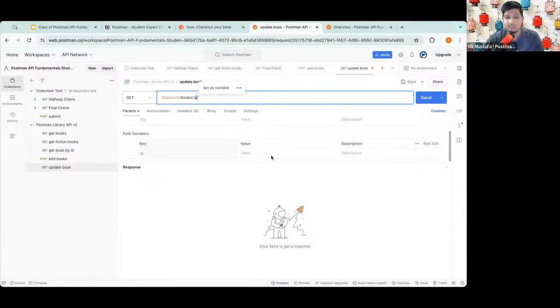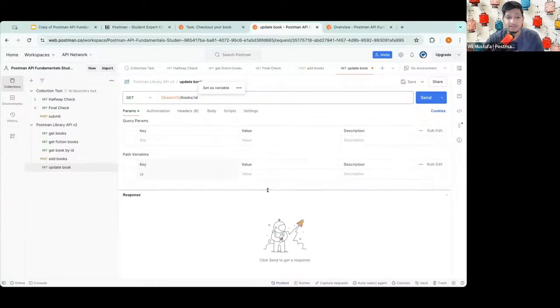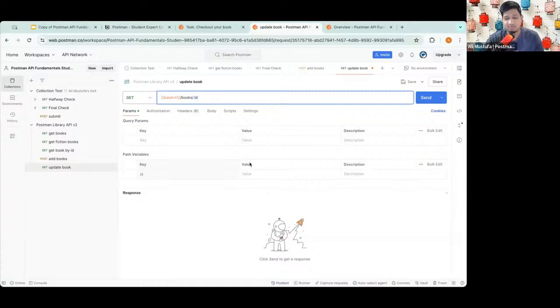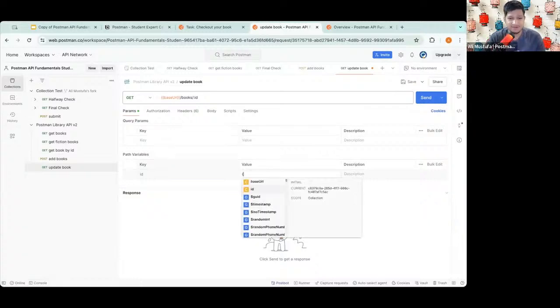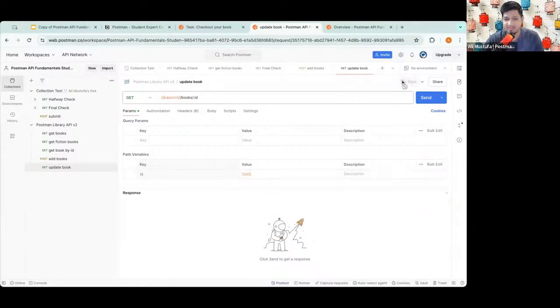So it's called as which kind of variable? Query variable or path? Yes, path variable. Exactly. So here we need ID. Now tell me, do I need to copy paste the ID from somewhere, or can I use an ID variable which we created earlier? Yes, I can use the ID variable, right? Exactly. So don't repeat yourself. You can use variables. So let's get the ID variable, save this.